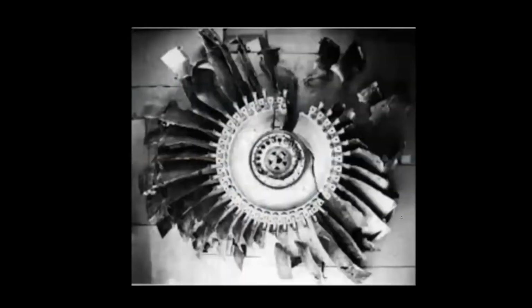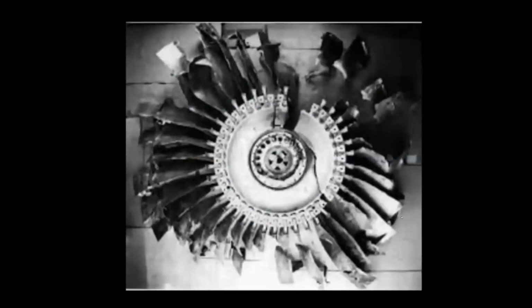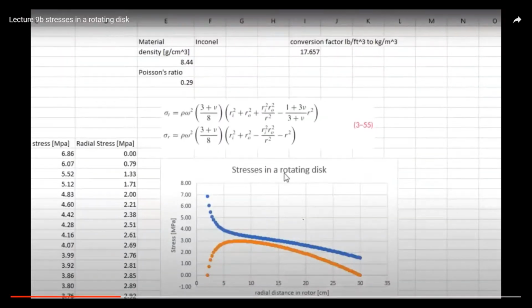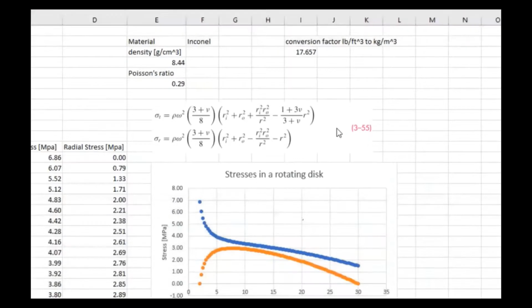The inertial forces of rotation can cause the disc to tear itself apart. The equations that are used to determine the hoop or tangential and radial stresses are given right here in equation 355. You will notice that in order to calculate these stresses, we need to know the angular velocity of the spinning disc in radians per second, the density of that disc, I actually prefer kilograms per cubic meter, the Poisson's ratio of the disc material, the inner radius, the outer radius, and the position coordinate r as we move from inside to the outside